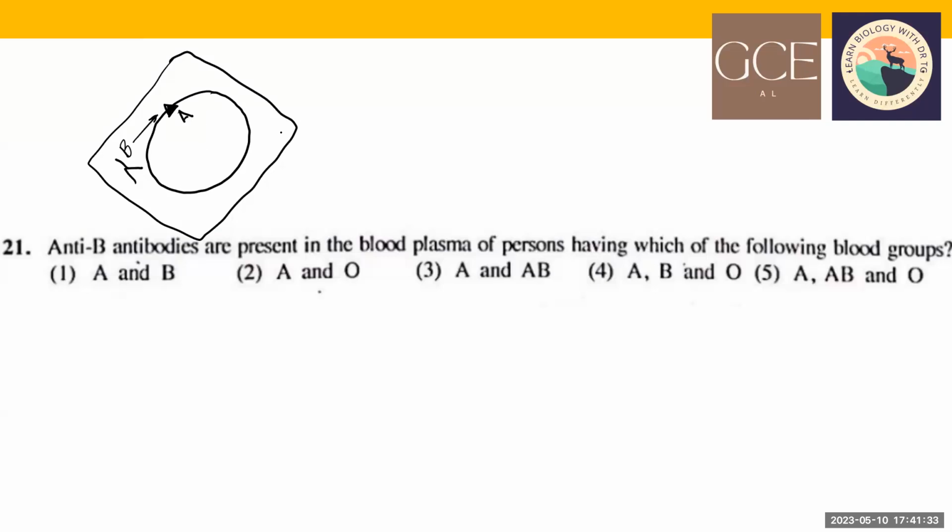But if this person is taking a B group, let's say this person is taking a red blood cell from B blood donation, he got a B blood group. Then this B antibody can bind to the B red blood cell, because B red blood cell has B antigen. B antibody can bind. Now,